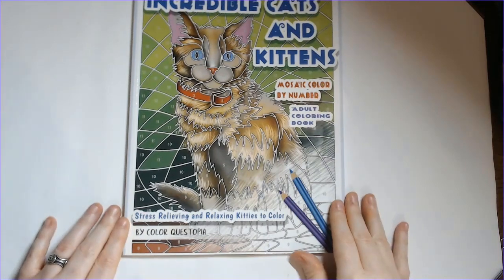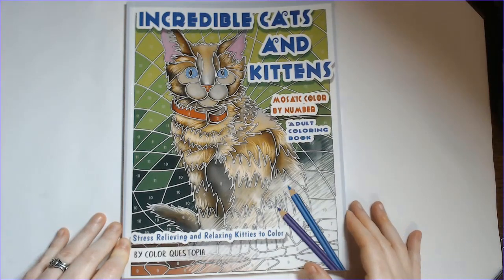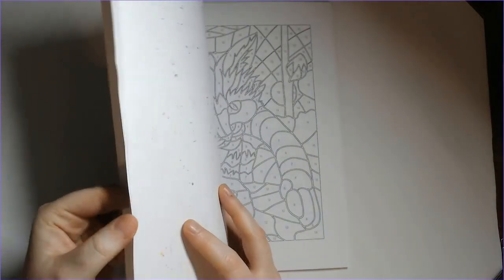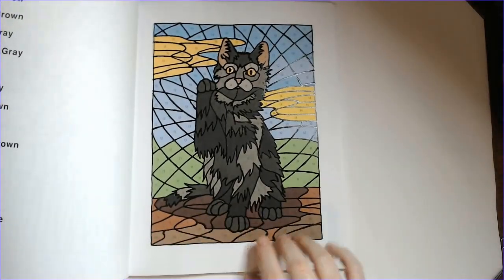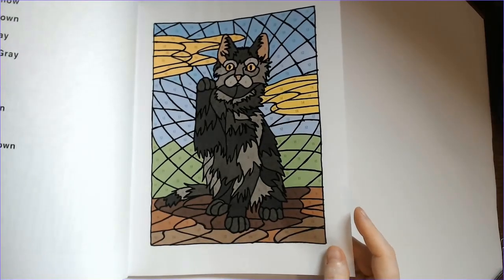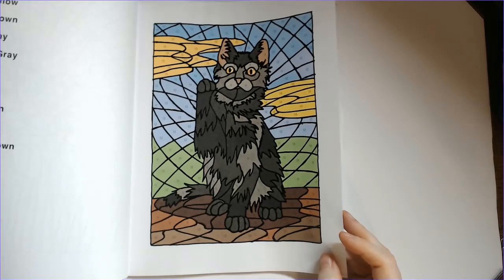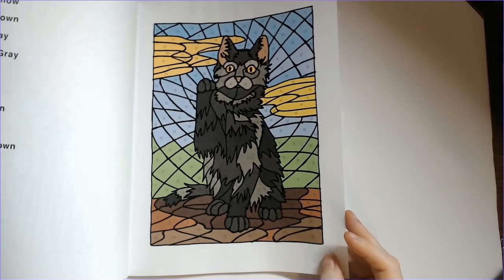My other Color Questopia book, which is Incredible Cats and Kittens. Excuse me, let's not leave off the incredible on that. This is also a mosaic color by number that has the white lines in between the sections. This was the first one I tried that black glaze Jelly Roll gel pen on. I used, I think, Prismacolor and Copics for this, just to try them out on this paper, just to see how they did. I like how they looked, and when I used the black pen after I colored in with the markers, I just fell in love with the look,